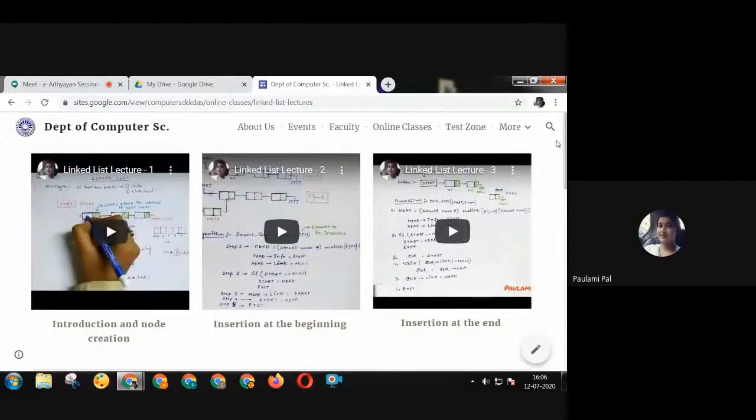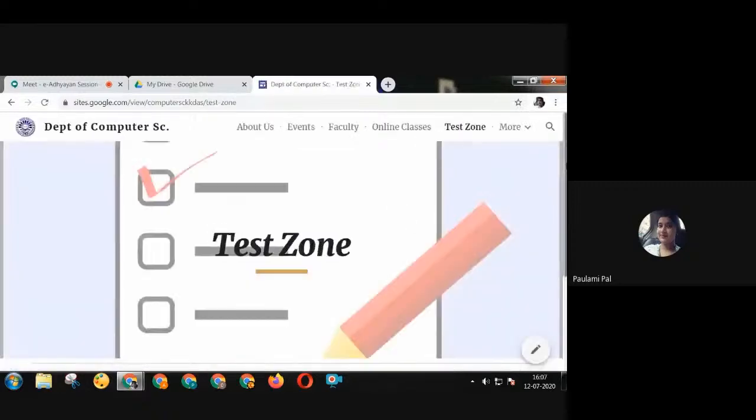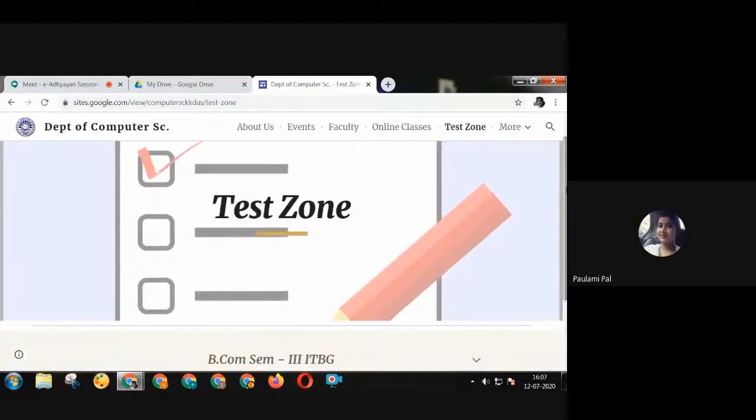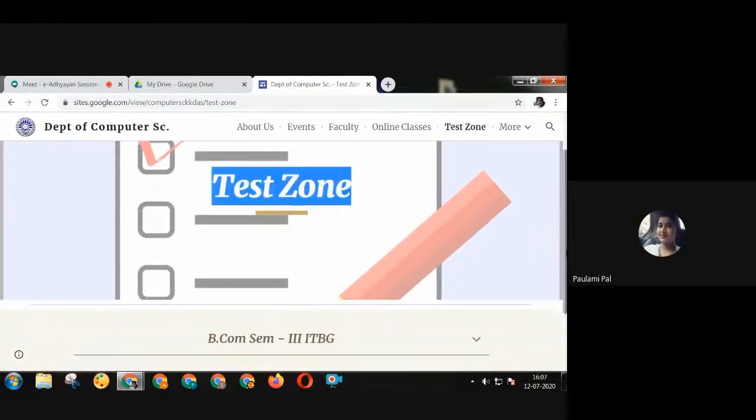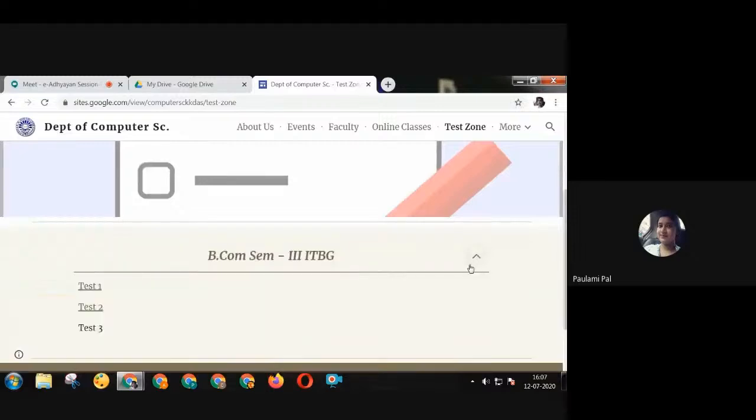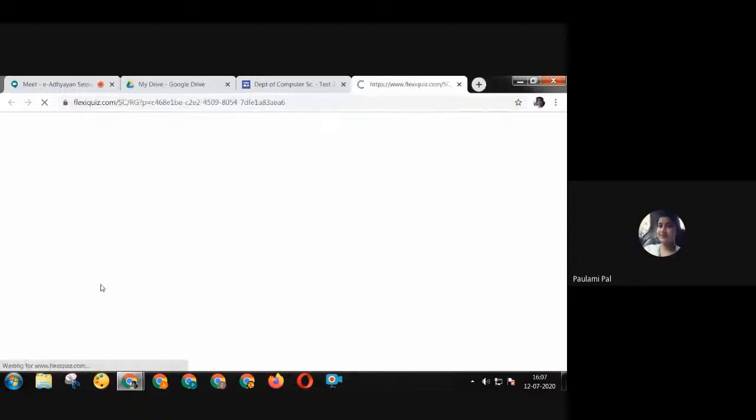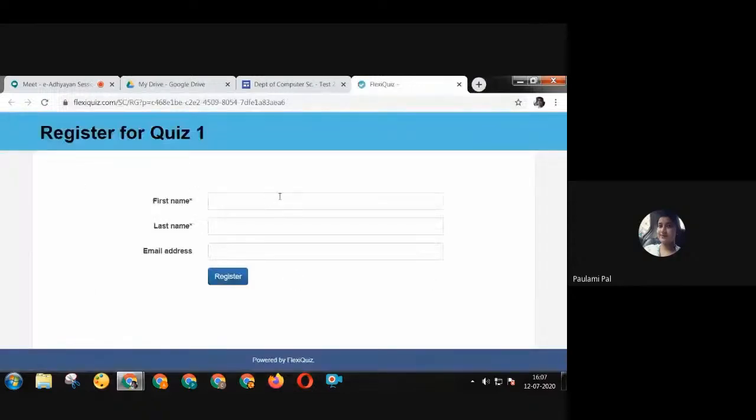So we don't need to provide the link to them personally, saying this is the link of today's class, you can visit this. They can come to the site and visit and see all the lectures. Then there is a test zone where we put all the online tests, like BCom semester IT question paper. There are test 1, test 2, test 3. If we just click there, this is the